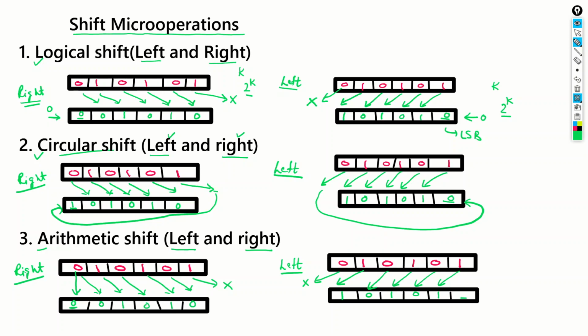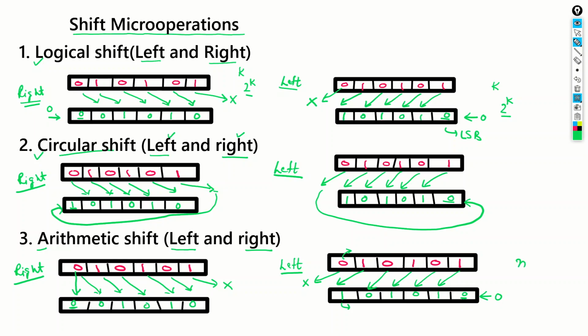And now there is a vacant position on this bit. This will be filled with 0 value, right? So you may see that logical left shift and arithmetic left shift, they are the same. Now what is the difference between these two? In case of the arithmetic left shift, we know that this is actually the sign bit. So the number is positive, but here we have a bit which is 1. It means that the number is negative.